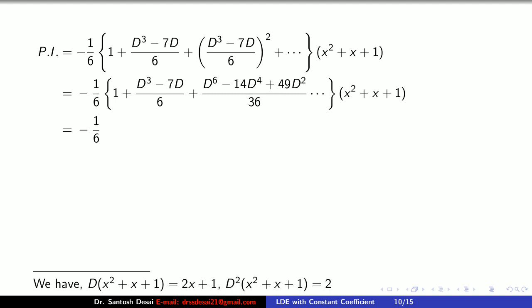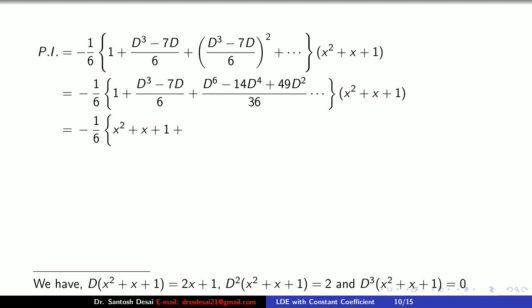Then t square into x square plus x plus 1, that is 2 times the derivative of the bracket, that is 2, and d cube into the bracket, that is equal to 0. So in place of d, we replace it by 2x plus 1, replace d square by 2 and d cube and higher powers by 0 in the above expansion. So just putting the values, 1 into x square plus x plus 1, that is x square plus x plus 1. The next term is d cube, that is 0, and d, its value is 2x plus 1.